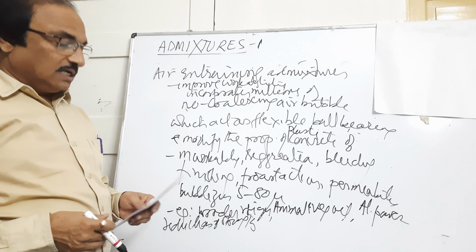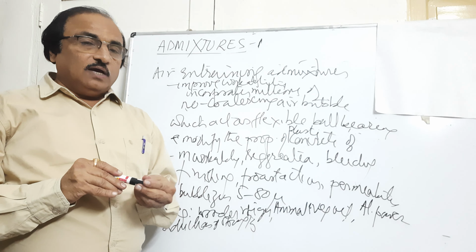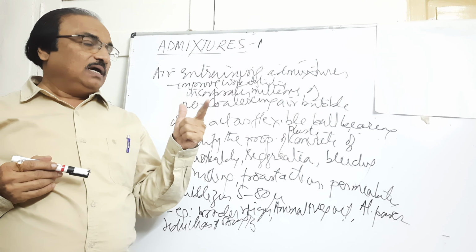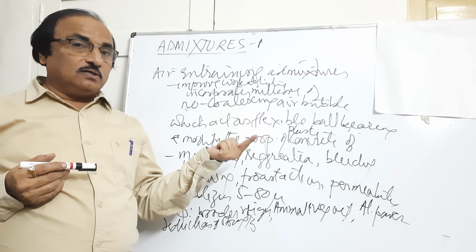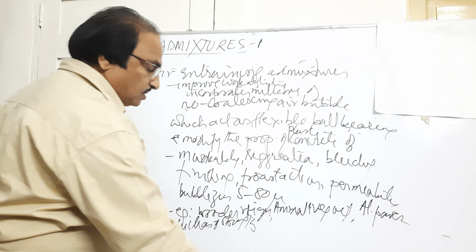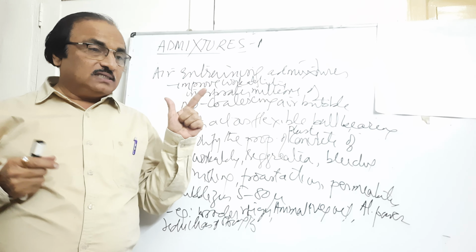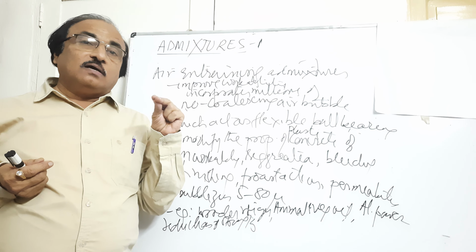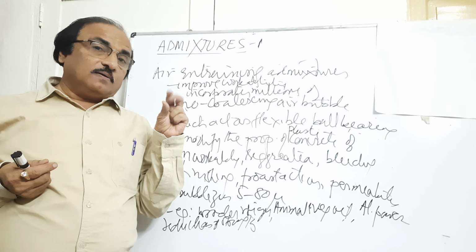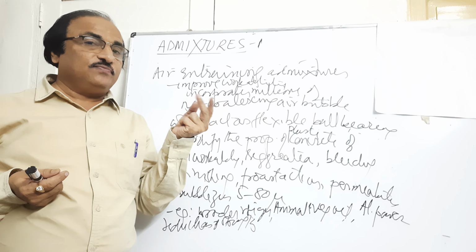So these are the chemical admixtures that we are using. Admixtures are of two types. One is mineral admixture, which is naturally available, and the second is chemical admixture, which is chemically manufactured. When you go for mineral admixtures, we come across fly ash, GGBS, blast furnace slag. These are the other types of admixtures. And the chemical admixtures we have seen; we will see more about these admixtures in the next video.